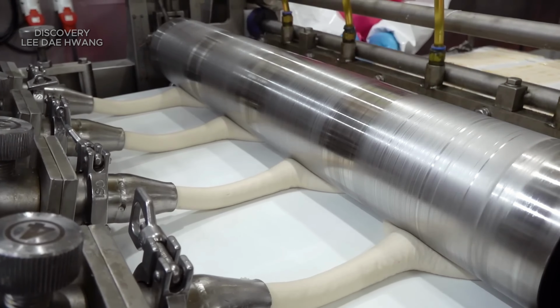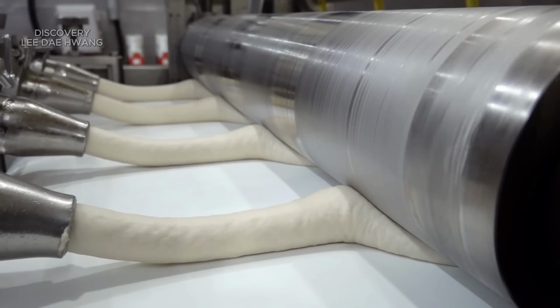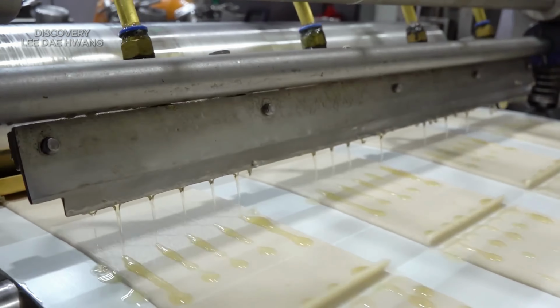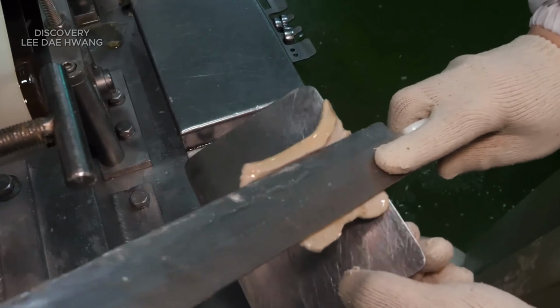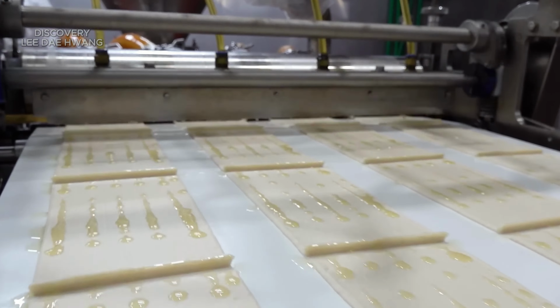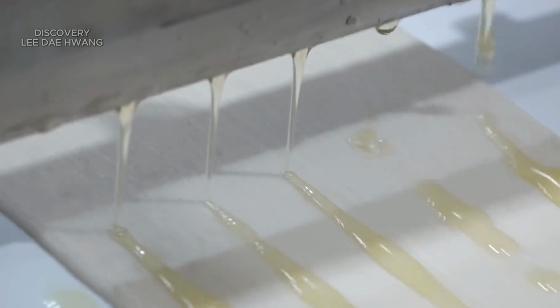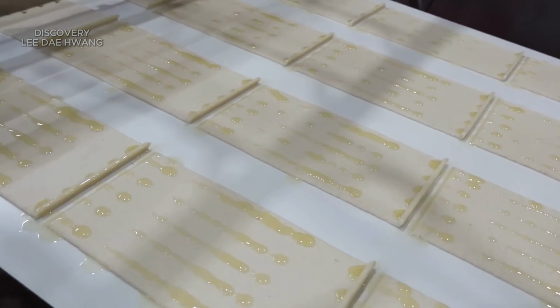After mixing, the fish paste is transferred onto a conveyor belt that feeds into a flattening machine. This machine has rollers or press plates that evenly spread the paste into a thin, uniform layer. The thickness of the sheet is carefully controlled, typically ranging from 5 to 10 millimeters, depending on the desired product. These sheets are later cut into smaller, rectangular pieces or further processed for other uses, such as in soups or